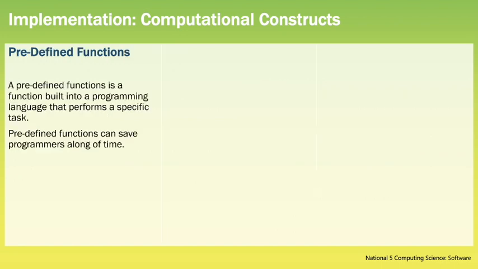Now moving on to predefined functions. Predefined functions are functions that are built into our programming language to perform a specific task. Predefined functions can save us time. We don't have to write lines and lines of code to perform these tasks because somebody else has done it. And because somebody else has written this code, it means that they have tested the code and made sure it